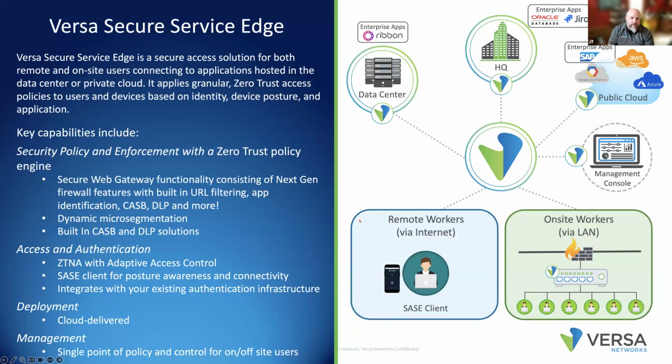ATP can become a cornerstone in what organizations will use to find their zero days, and to have deeper intel on files and so forth that are being downloaded. There's a lot of other things our SSE solution can do as well. It's not just ATP, like you saw with the initial build. Keep in mind, we do support things like CASB, DLP. We also have our URL filtering, our next gen firewall, things of that nature that are built into the solution above and beyond what ATP does.